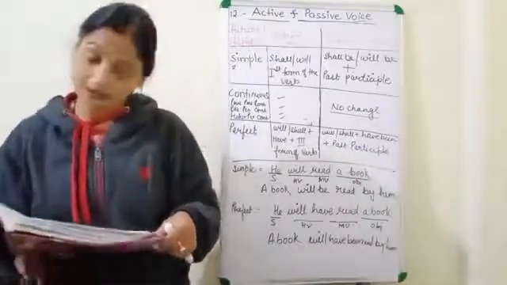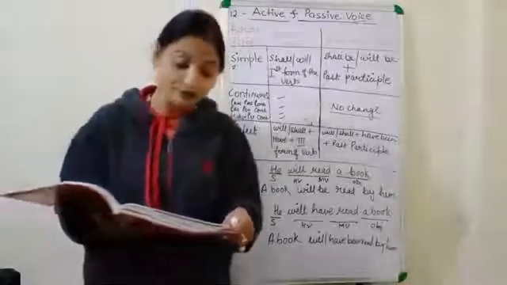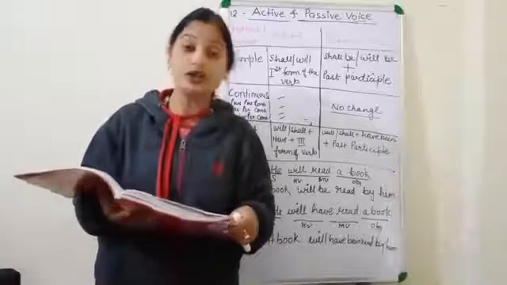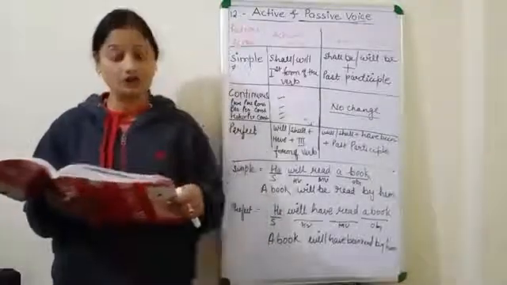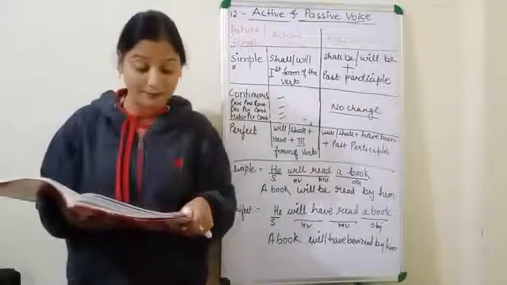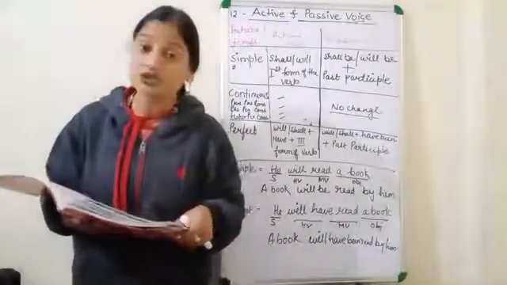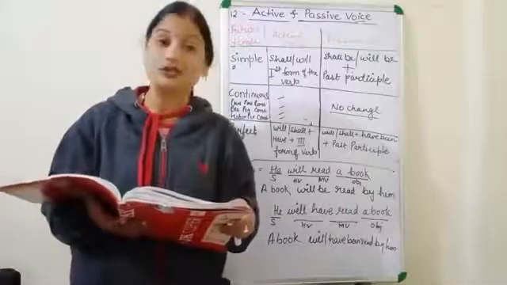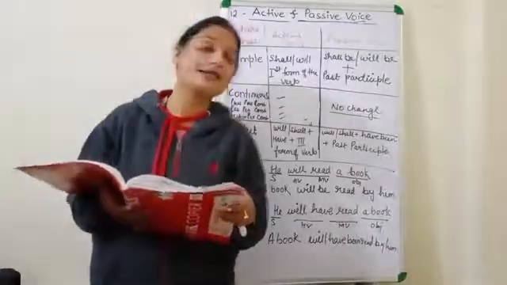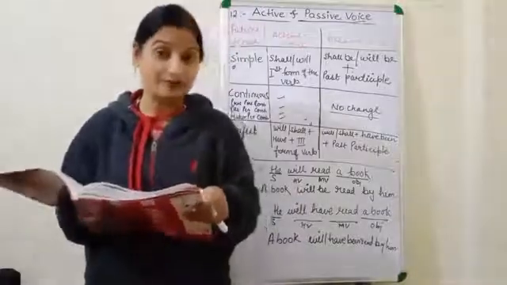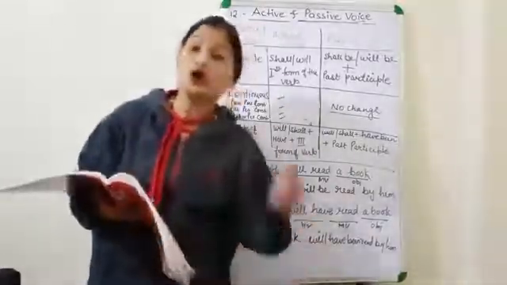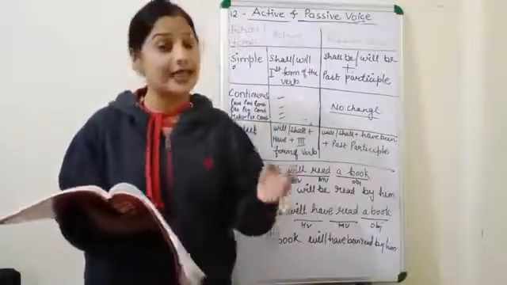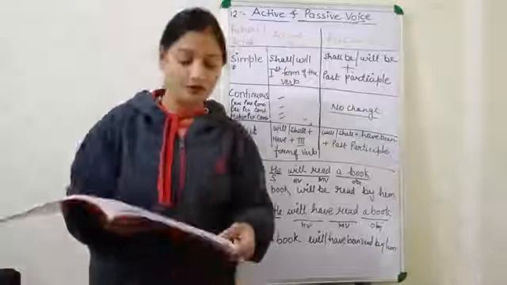So, the rule has been satisfied here also. We are taught English. Teach has been changed into taught. We are taught English by your aunt. Or what other sentence can we frame? English is taught to us by your aunt. So this is the second important method by which we can change the active voice into the passive voice. So if there are 2 objects in a sentence, then we have 2 forms, 2 methods to change the active voice into the passive voice.